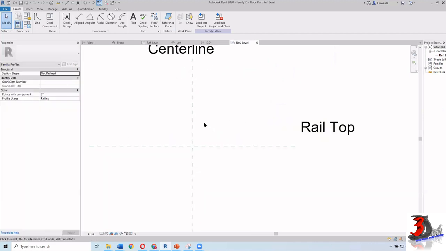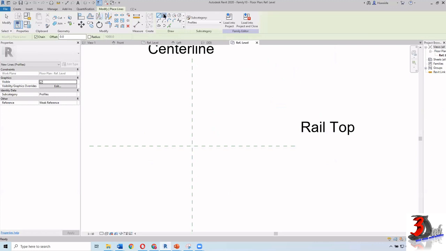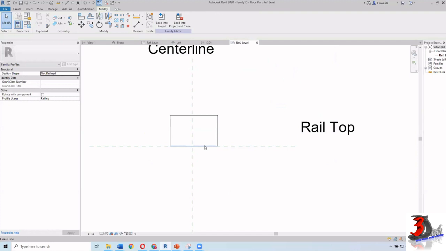So I'm going to draw the profile of my railing. I'm going to just use line. Here I will use rectangle like this, and just draw. Okay, this one is the same also.